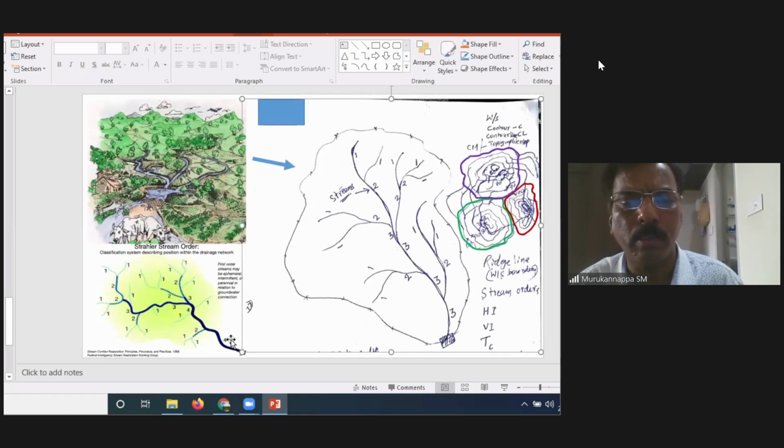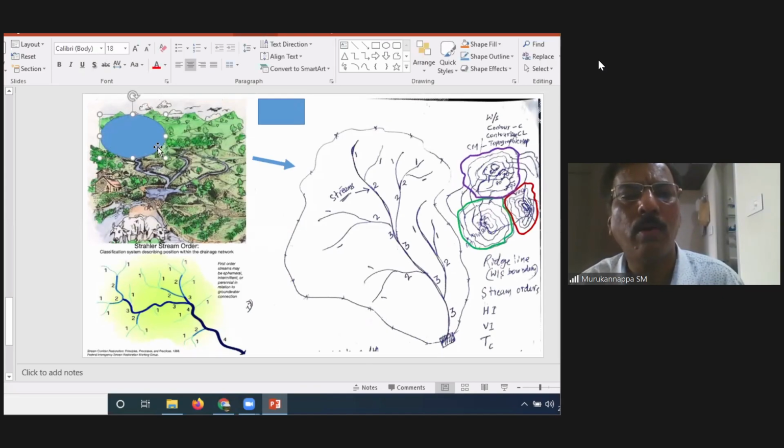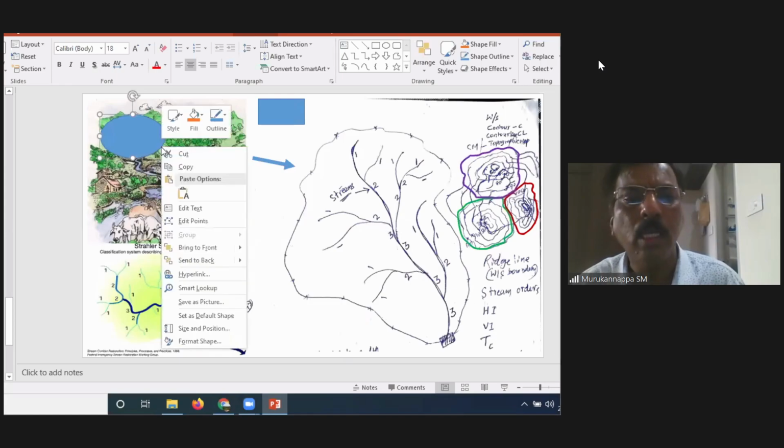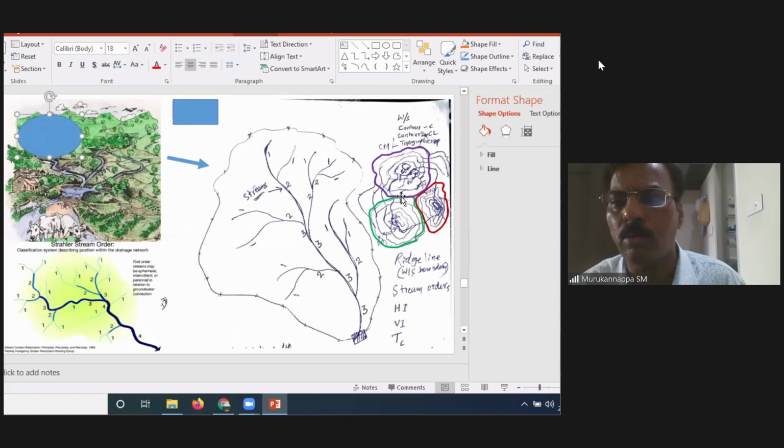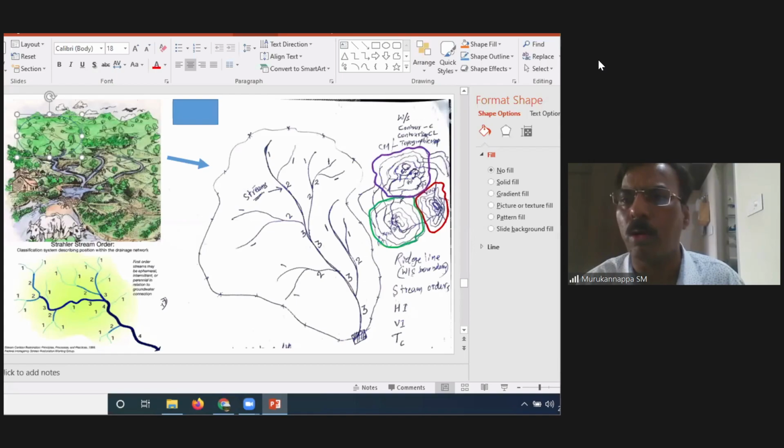Just a moment. I will show you how you mark. Okay, I will give you some example. See here. This is a land with high topography and also land with rock outcrop. Rock outcrop is nothing but this one: soil with more pebbles and all this thing.